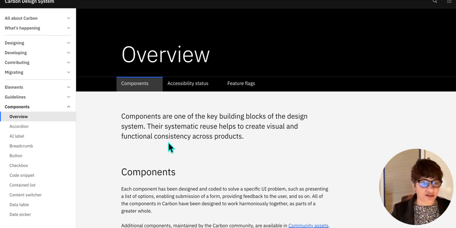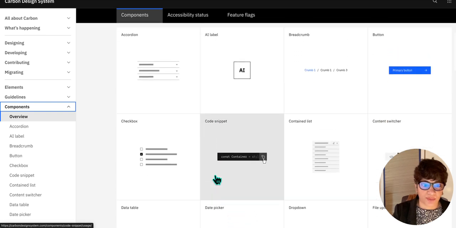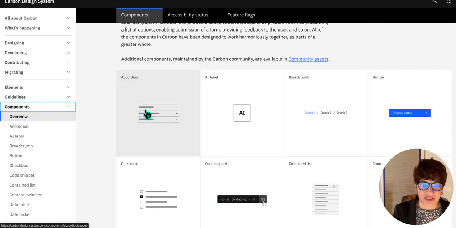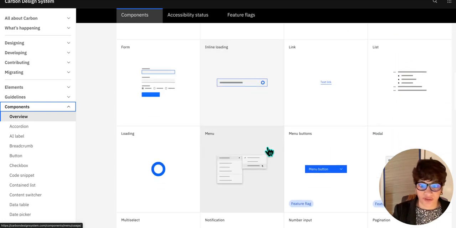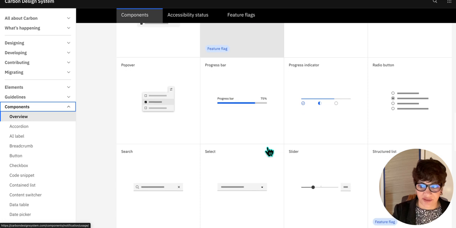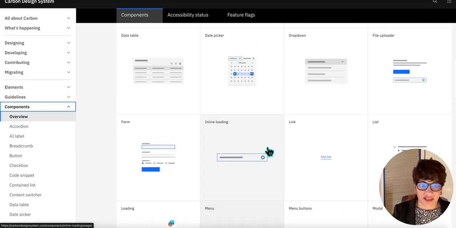Okay, now let's look at the component section within the Carbon design system. And over here, when you click on overview, you get an idea of what kinds of components to expect. You can see over here, there are examples of all the components that they offer within this design system. And it's huge, it's elaborate. They have so many things. They have things like